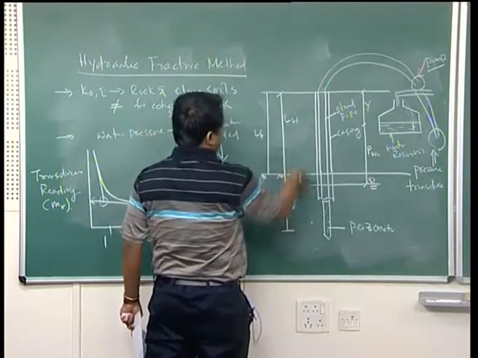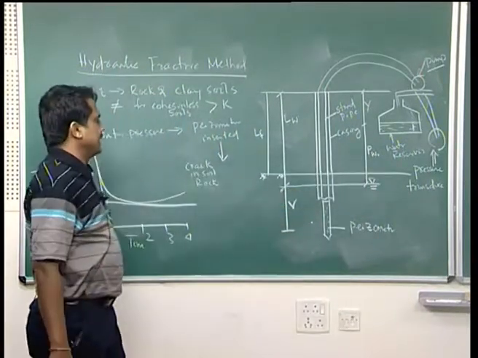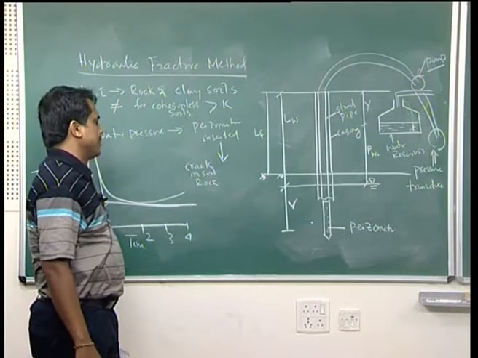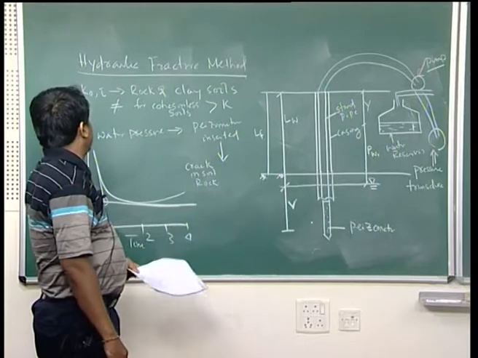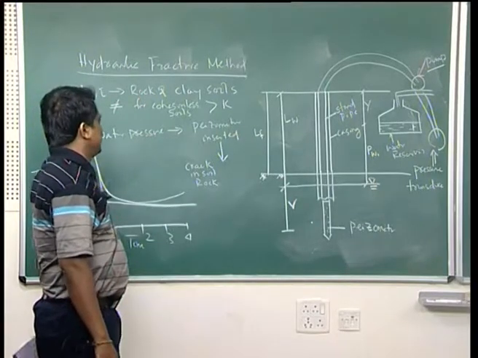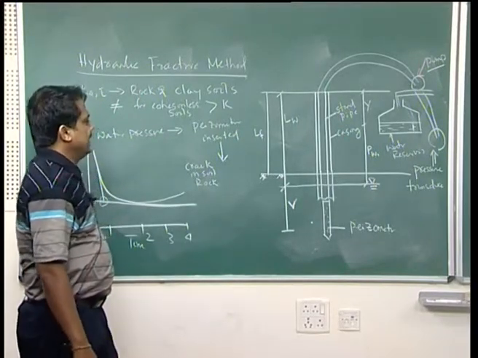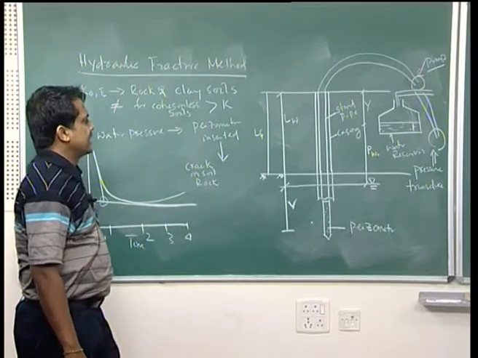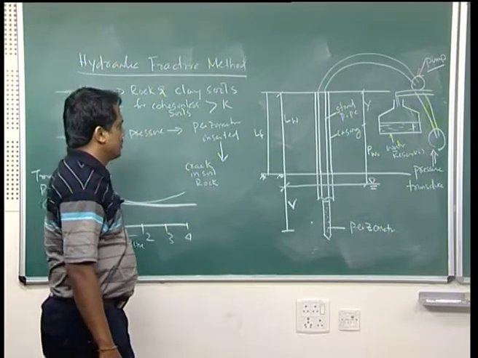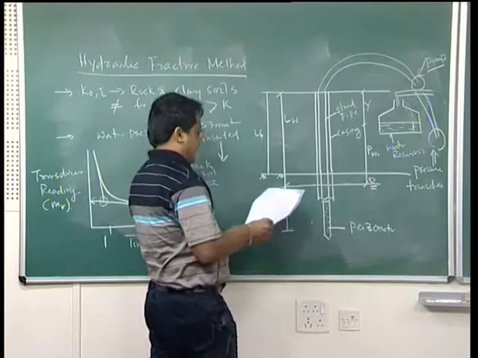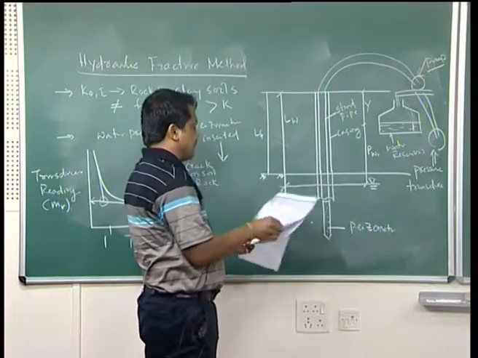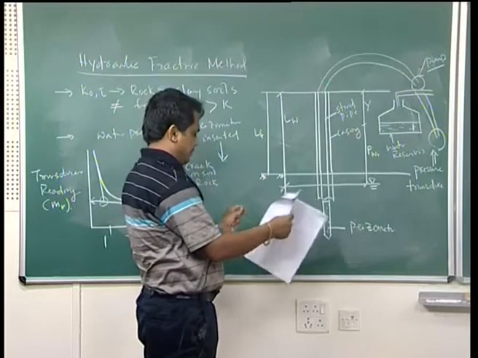So, with gamma you can calculate what is your sigma 1. Once you know sigma 1 and sigma 3, you can calculate K0. How do you calculate E? E is nothing but your stress versus strain. So, stress how much applied with this strain, you can find out E. Now, we will solve one example.